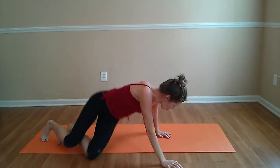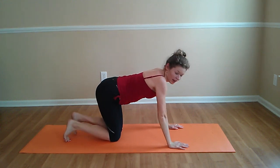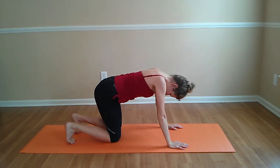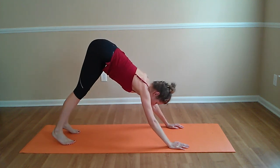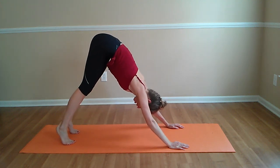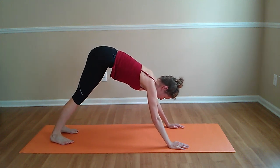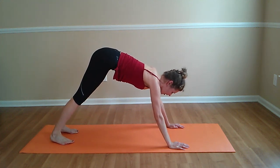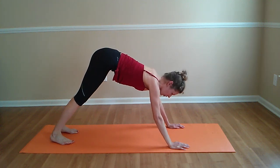Okay. Let's turn around one more time. We're going into our elephant. And just for a little stretch. Hands under your shoulders. Knees under your hips. From here, go ahead and reach your legs up. Now try to lower your heels down and gently move the body forward. You're going to get that stretch going through your calves right